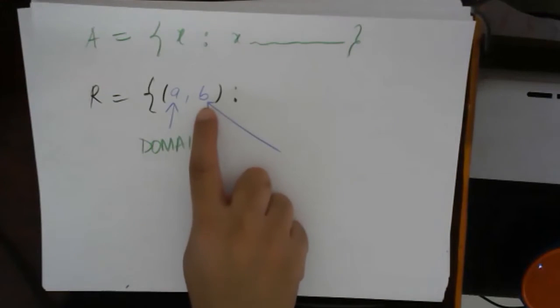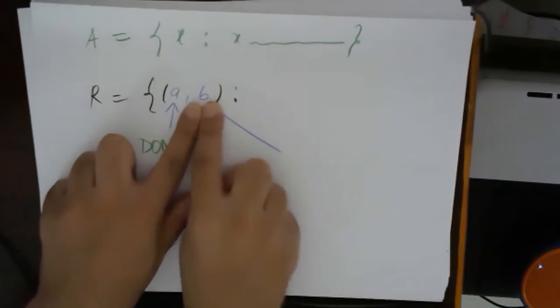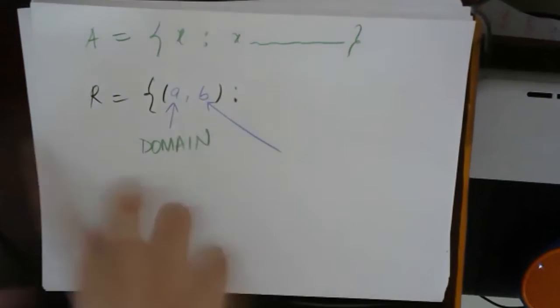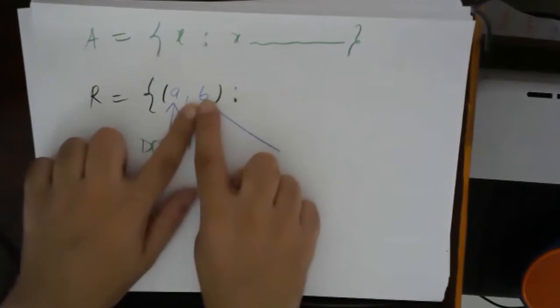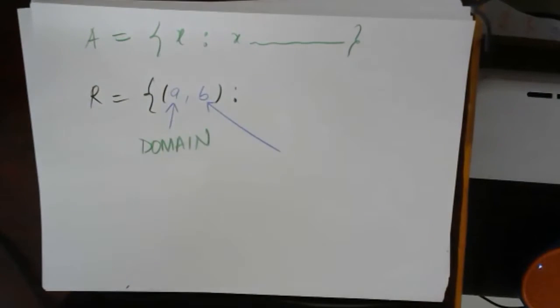This we call image. Yeah, a better name, range. We call it a range. Why are we not calling this codomain? Because that name has already been taken. This B will already be related to A. B is already related to A. There is no element left out. So this is a set.